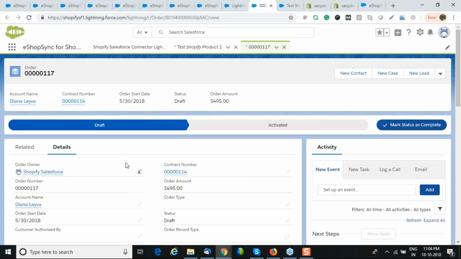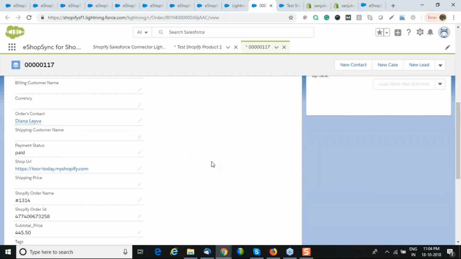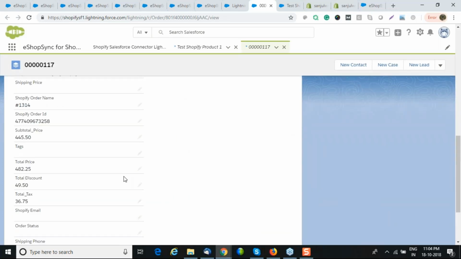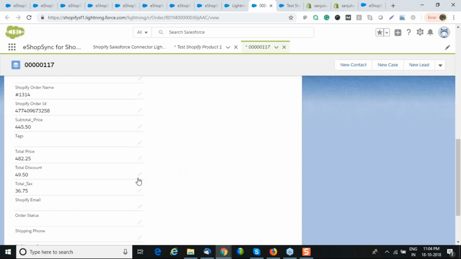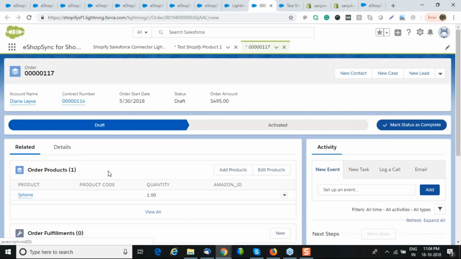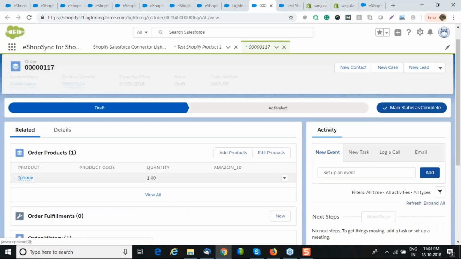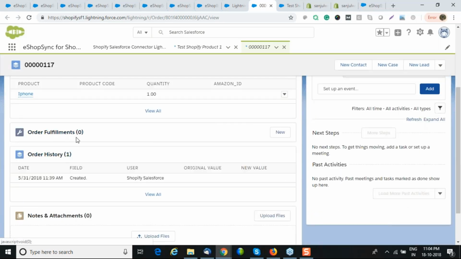And if you take a look at this order, it will have the billing address, shipping address, every piece of information from Shopify. The line items will be populated in the related list. You can take a look at this. So this is the line item. This will be the exact tracking status of your products which you have